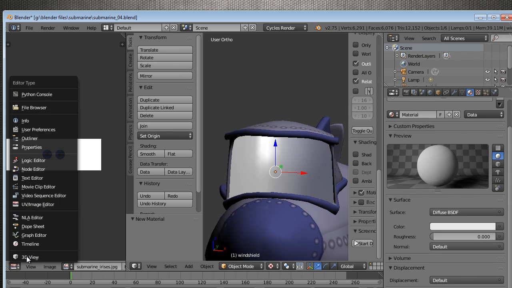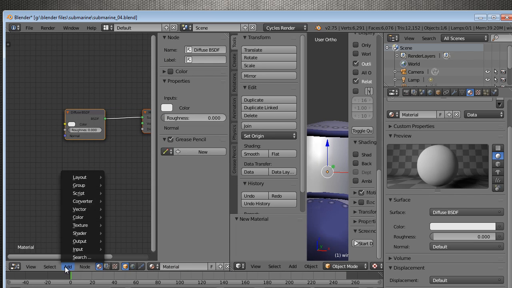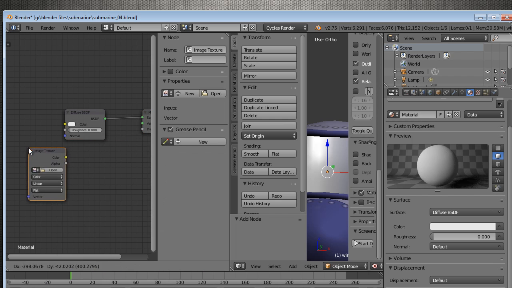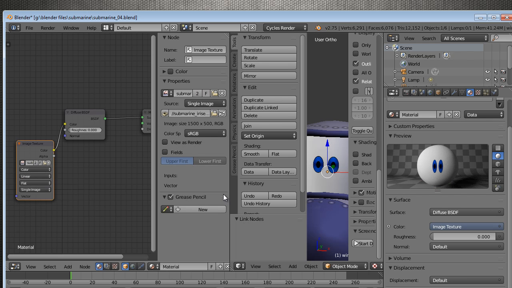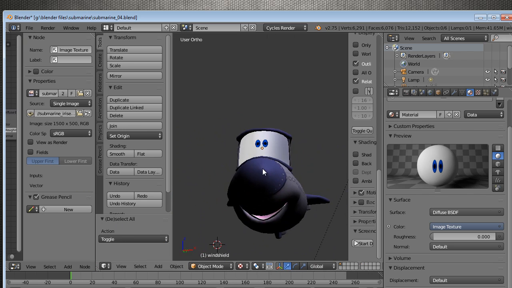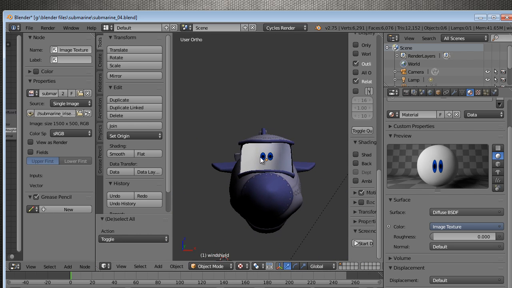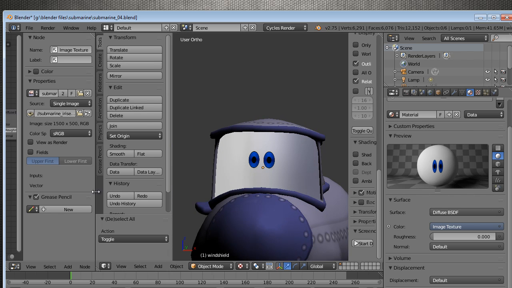And I guess we need to go ahead and set that all up in here. Node editor. Bring in a texture map, image texture. Connect the color to color, and then click the little thumbnail. Say submarine irises. There we go. Okay, now it looks a little weird because it's mapped on there according to the square windshield, but we'll fix